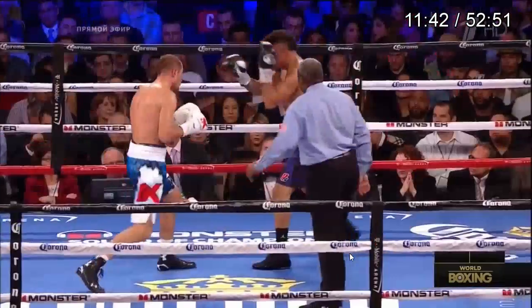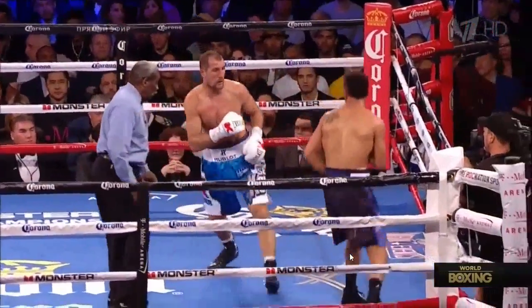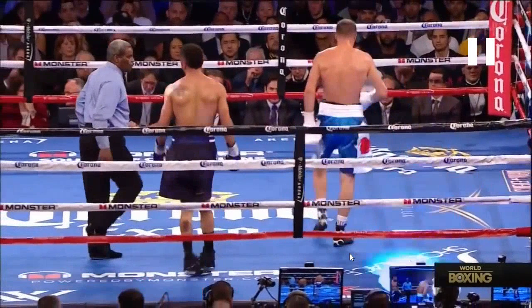Anyway, that's the whole round, right? And this is basically what the whole round looked like. This last second, Ward using lateral movement, not allowing Kovalev to catch him, and not allowing Kovalev to engage with him. And the round was much different, right? It stopped Kovalev's feinting and probing from being as effective, because every time Kovalev would do some stuff like that, or he would try to, Ward would just make him reset. He would just move out of the way. I think a little bit of it was Kovalev being tentative because he was hoping to land that big right hand again. But Ward still needs to get credit for the adjustment that he made,